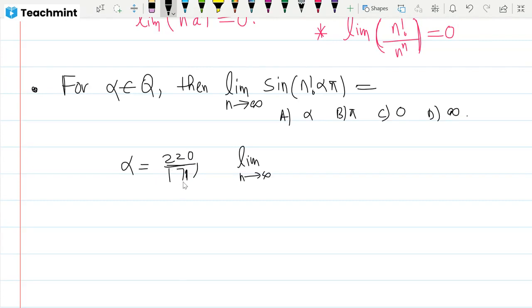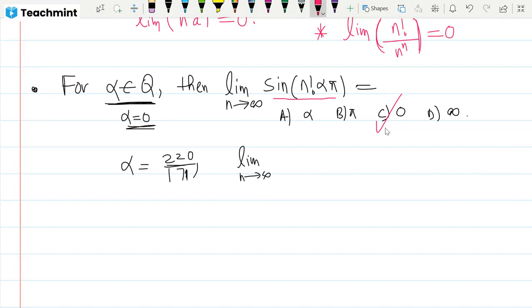Sir, it is tricky. Alpha is any rational number, right? Why can't you take alpha equals 0? That is for a guess. Therefore, it is 0. The result is given: take any alpha belonging to the rational numbers, and it is asked to find this limit value. So why can't we take alpha equals 0? Then sin 0 is 0, therefore the answer may be 0, because it is true for alpha equals 0.